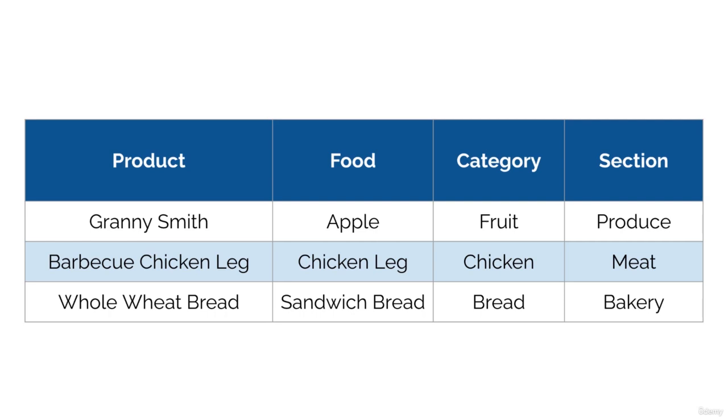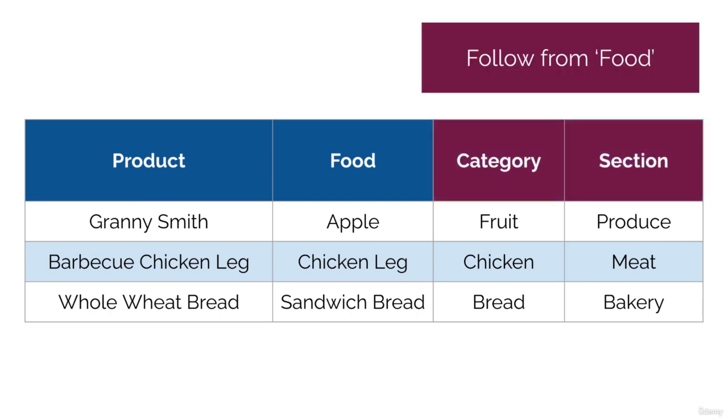So here we have a table that's describing products in a grocery store. Now you can see here the two columns, category and section, they actually follow from the food column, and you could even say that they're derived from the food column, potentially. So here they follow from food because the food apple will always be in the category fruit, which will always be in the section produce. So they're